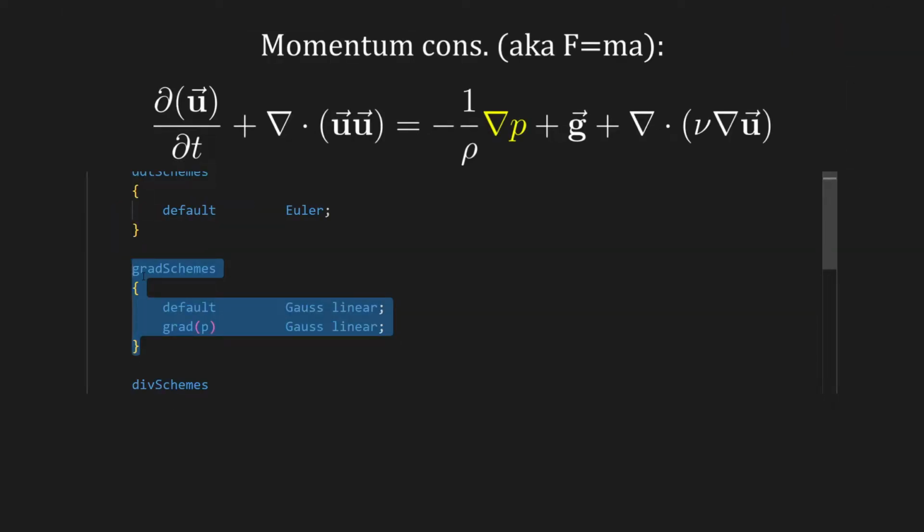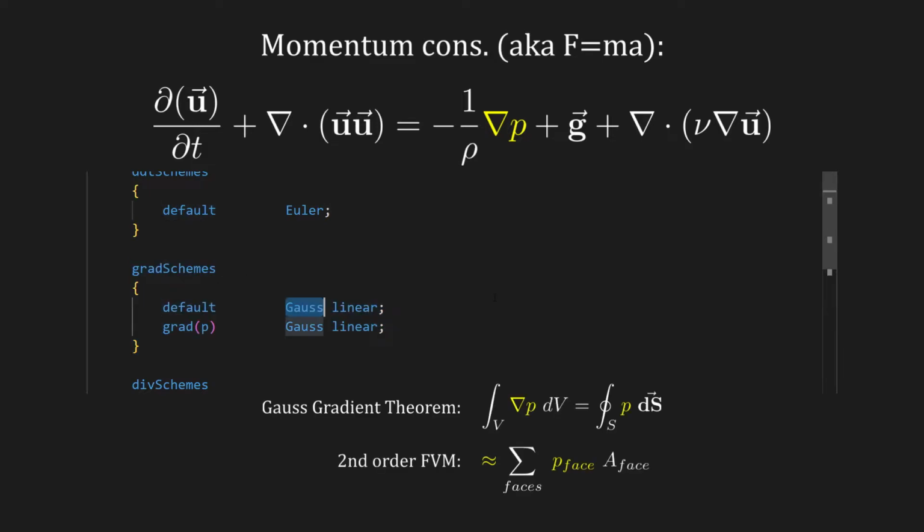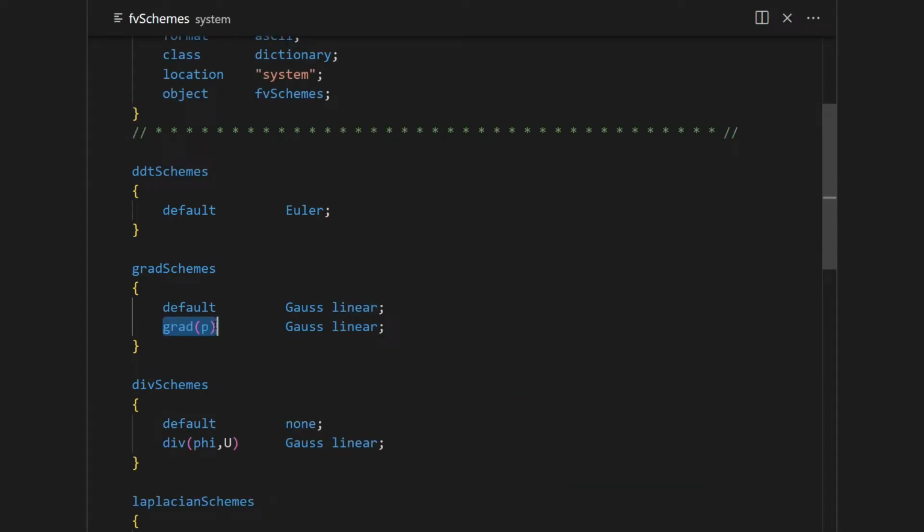gradSchemes contains methods to approximate the gradient integrals. In the cavity case we have this setting. Default again means the approximation is used for every gradient. Gauss refers to the Green-Gauss gradient scheme, which requires an interpolation scheme, in this case linear interpolation. grad(p) is the gradient of pressure, but it has the same setting as the default, so this line is